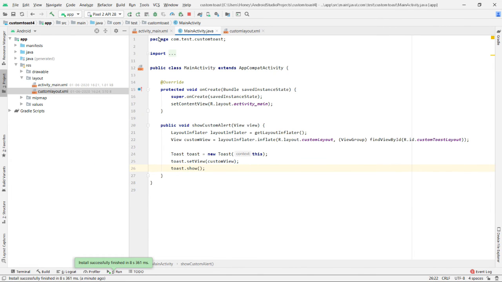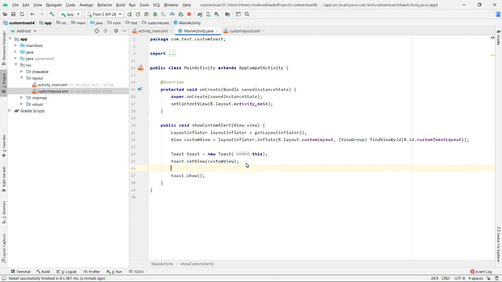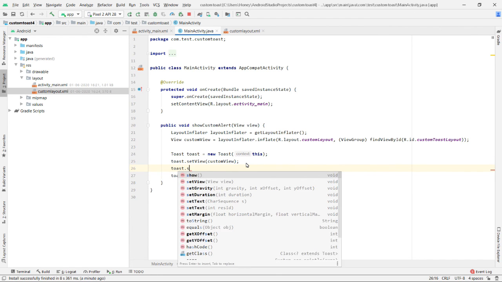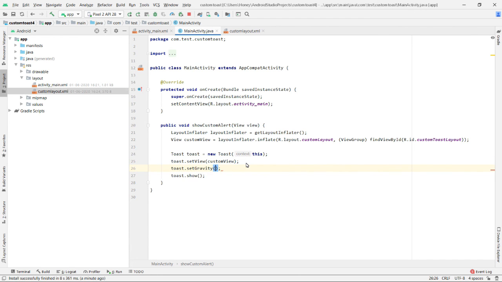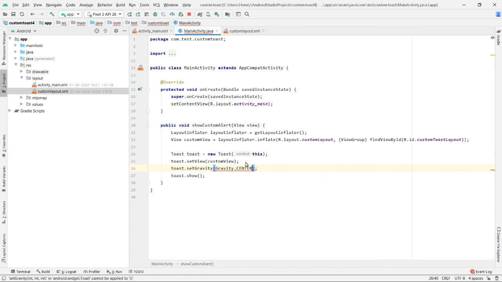So let us set the gravity for the toast. I'll set the gravity to center so that the toast is shown at the center of the screen, and set the offset as 0 and 0. So now let's apply the changes to the application.